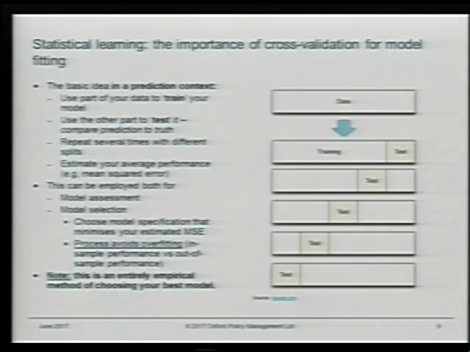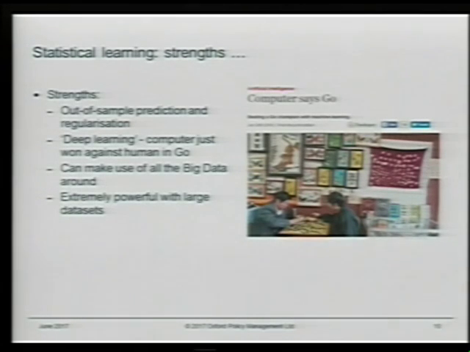So, and this has implications for causal inference. I'm going to talk about them in a second. So I think in terms of strengths for statistical learning from this perspective, it's very clear that out-of-sample prediction and regularization using this empirical method works very well, right? There are many examples where prediction works very well and much better than other econometric approaches that I know of. These different machine learning, statistical learning methods that work empirically can be combined to very strong predictors